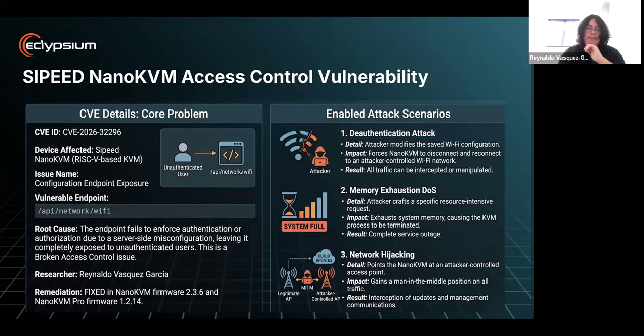The endpoint for the Wi-Fi to set the Wi-Fi SSID and the password was just left open. Without authentication, you could just hit it. This was because there was actually a typo in the authentication scheme for the endpoints. I've got to pull it up right here. To set an endpoint to be behind authentication, behind like a cookie or whatever,